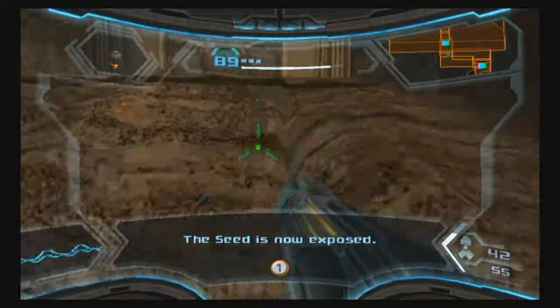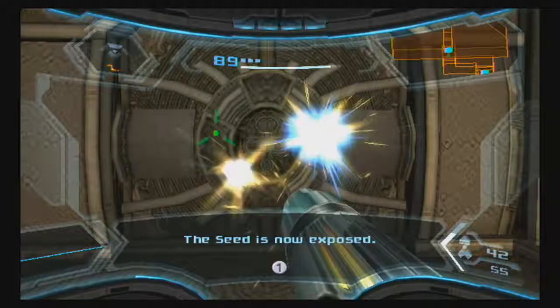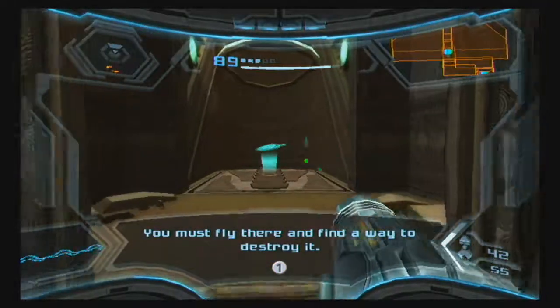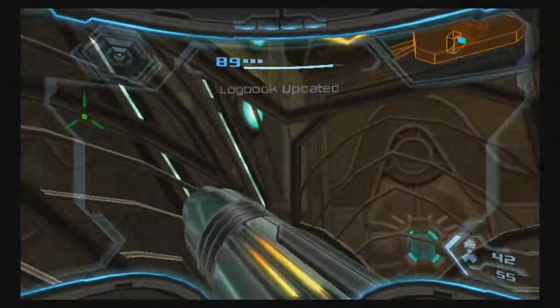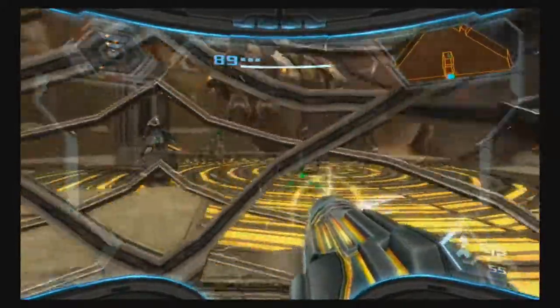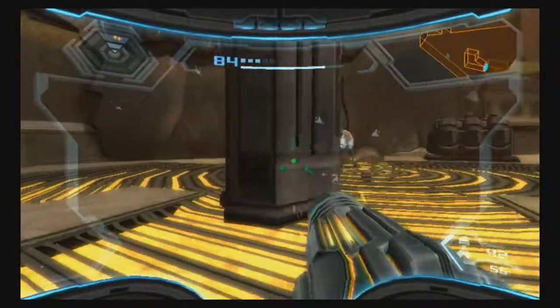The seed is now exposed. Just because it happened the first time that you came here. Maybe if they had saved it for like the second time. You must fly there and find a way to destroy it. You don't really get to see much of him at all. But in any case, we have our totally not obvious mission to destroy the